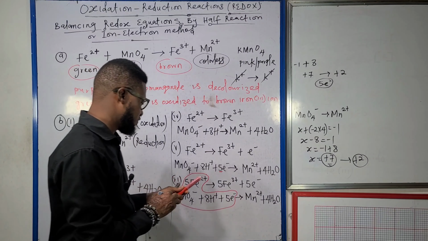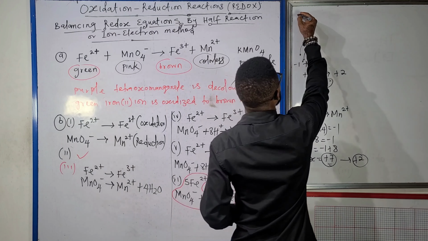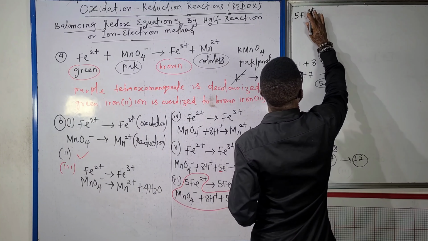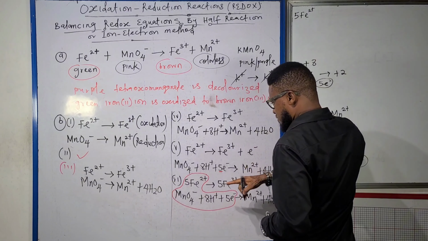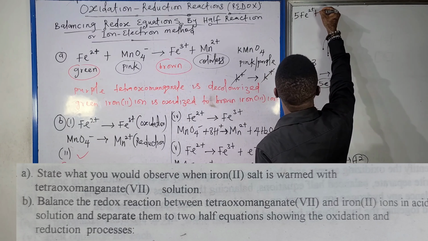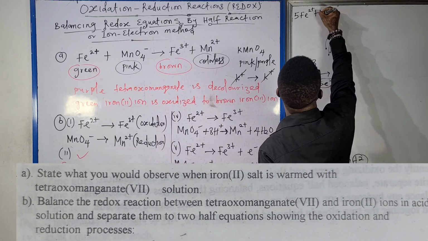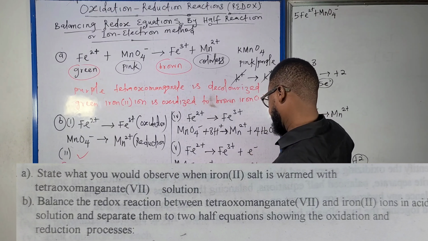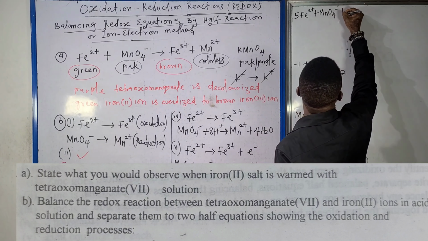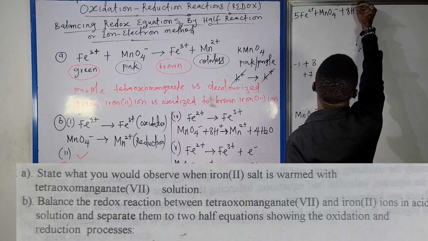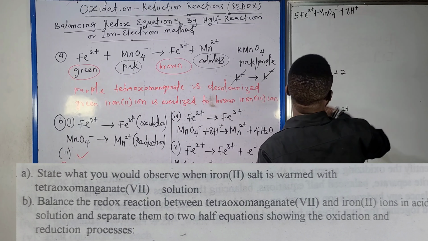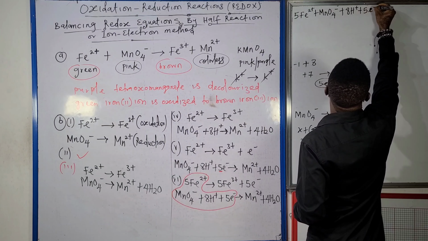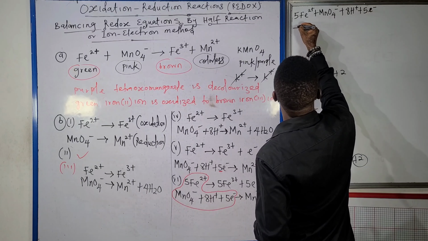So this is going to give me 5Fe2+ plus MnO4- plus 8H+ plus 5 electrons to give us